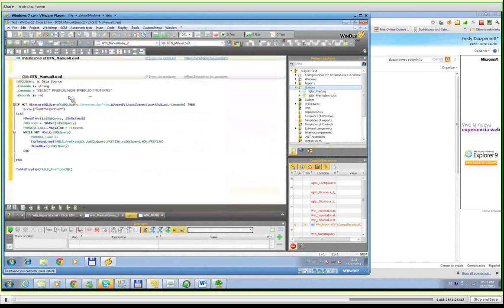I show you. The first thing we need to do is to create a variable of type data source. I use a variable command in order to save a SQL instruction. Here is a very easy instruction: select field 1, comma, field 2 from table. And now I use just